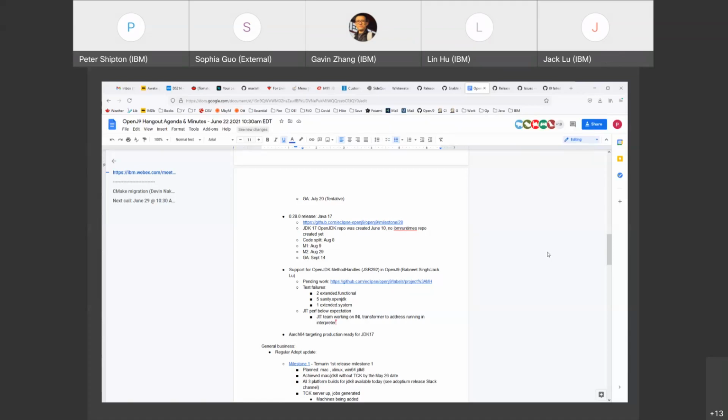Extended functional testing is similar to the OpenJDK. We brought it down from 5 to 2. And the one extended system is in JIT, and JIT members have been looking at it. In terms of the performance mismatch that we're seeing, JIT have been working on an INL transformer, which should address